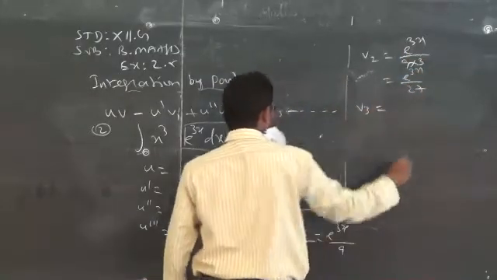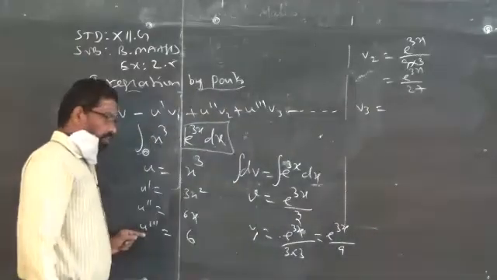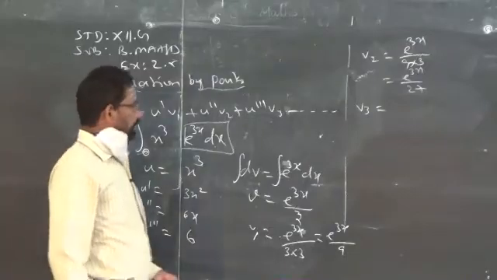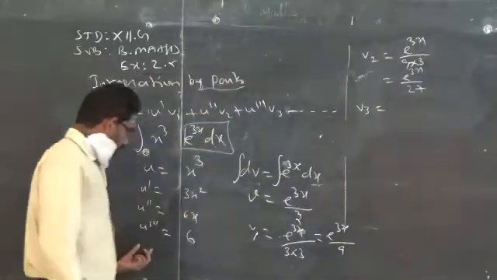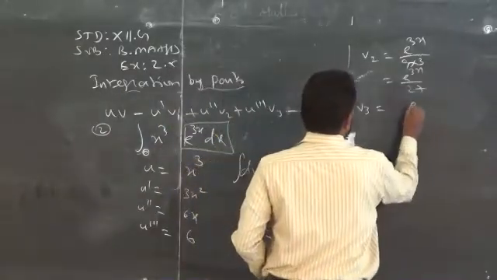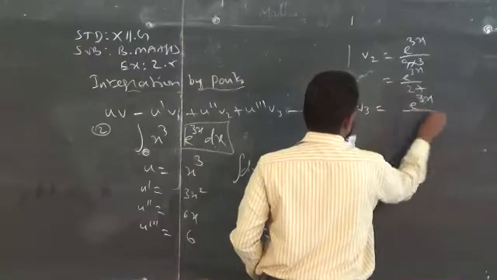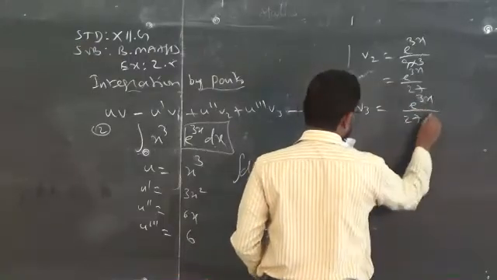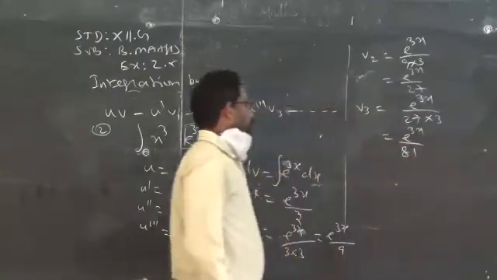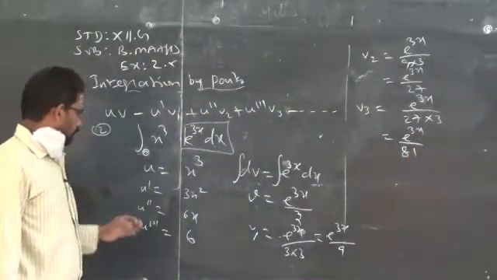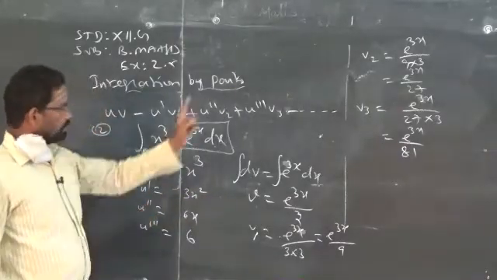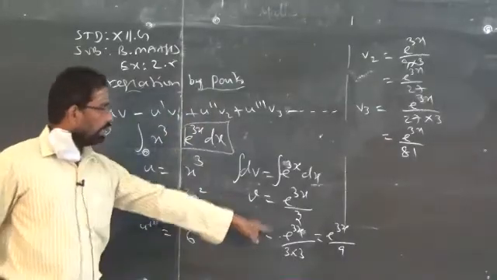Again we need to find v3, because we found already how many derivatives? 3. So you have to find up to v3. Suppose if you find fourth order, then you will go for v4 also. So again integration of e power 3x, we have denominator 27 again into 3, so e power 3x by 81. Clear? Now I know u, v, u dash, v1, u double dash, v2, u triple dash and v3.